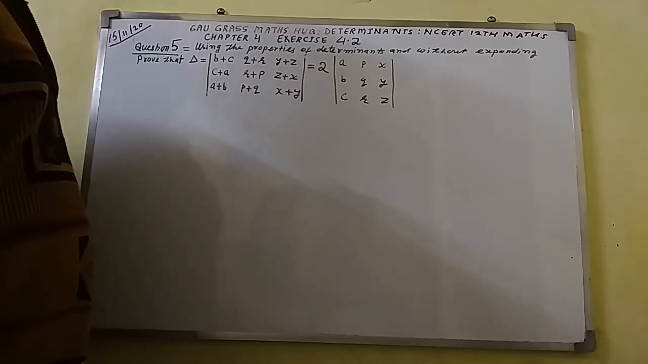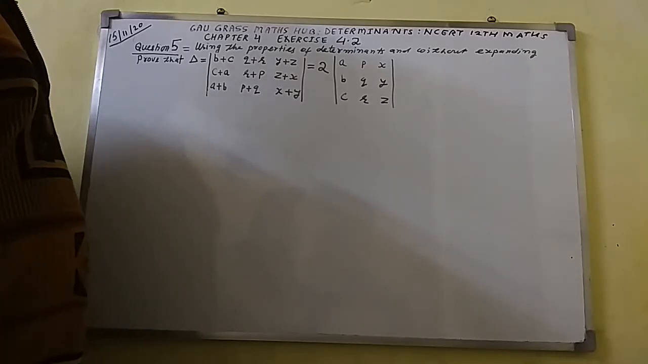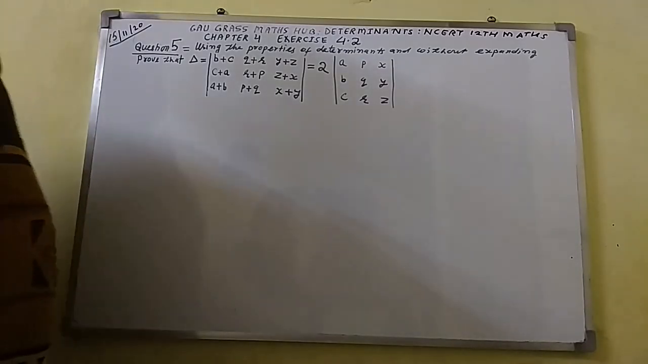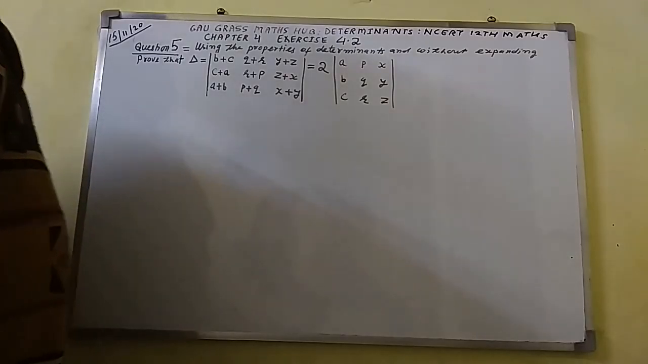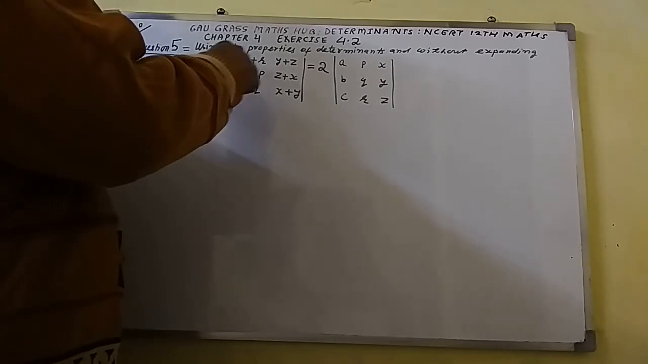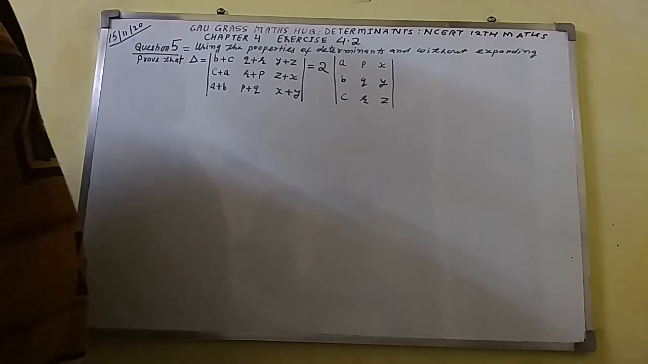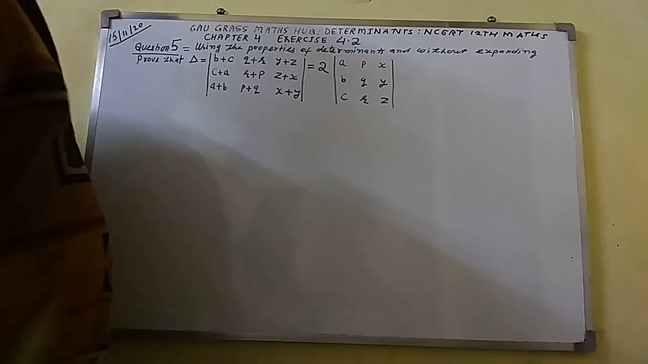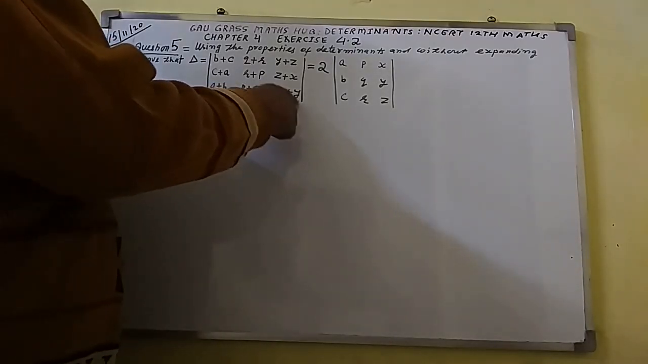I am going to discuss question number 5 using the properties of determinants and without expanding. Prove that the determinant with first row b plus c, q plus r, y plus z; second row c plus a, r plus p, z plus x; third row a plus b, p plus q, x plus y